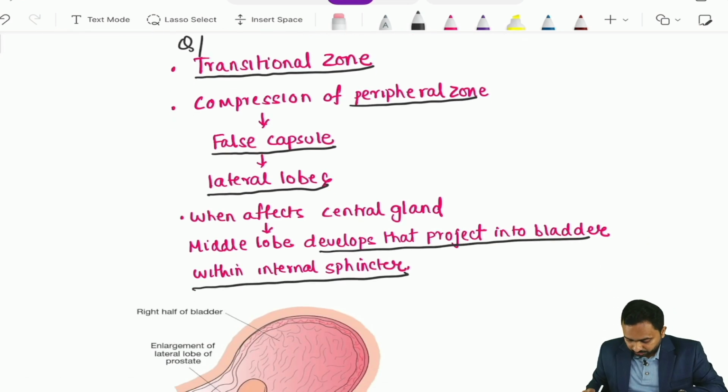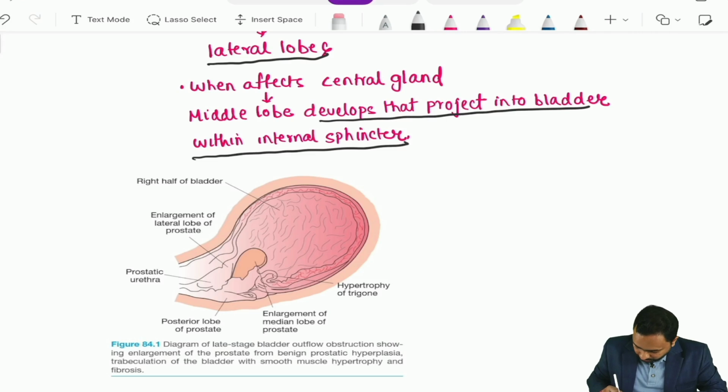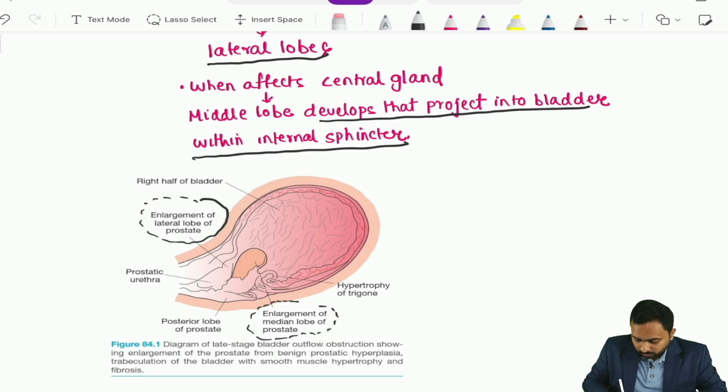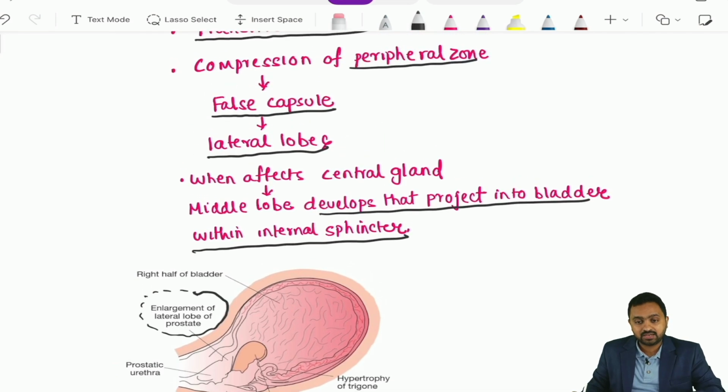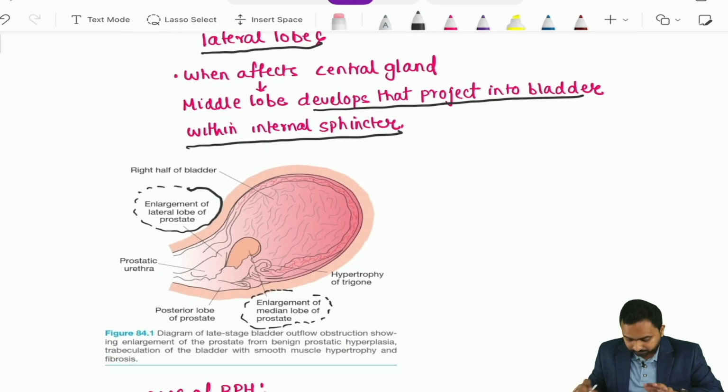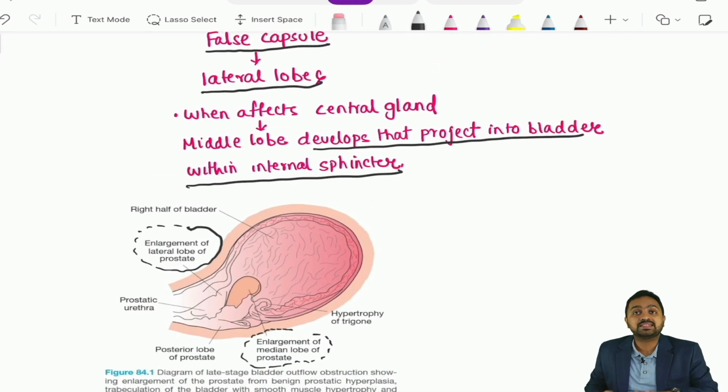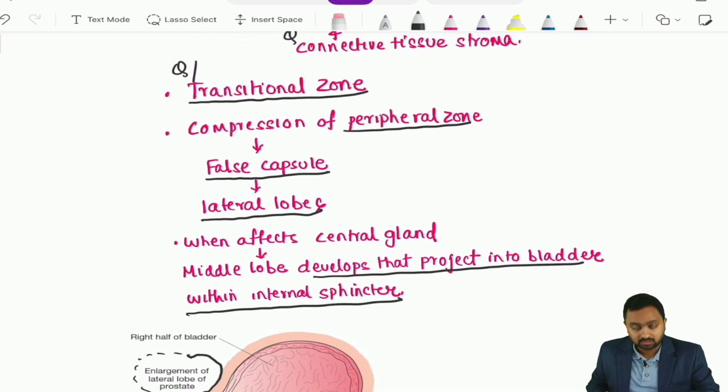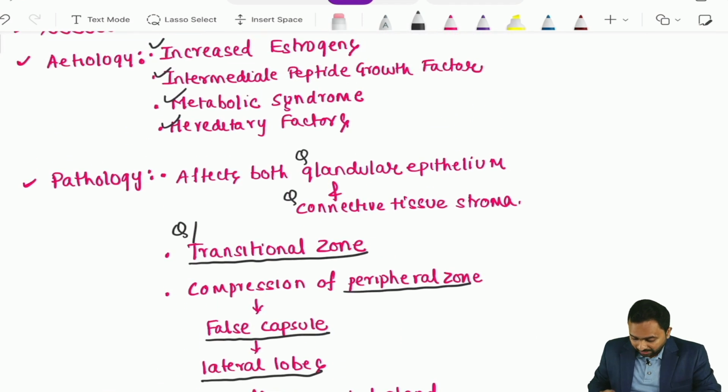sphincter. So, if you look at this diagram, this is the enlargement of the median lobe of the prostate, and this is the enlargement of the lateral lobe of the prostate, right, because of the compression of the peripheral zone. So, this is your basic pathology with respect to benign prostatic hyperplasia, where you would have to remember